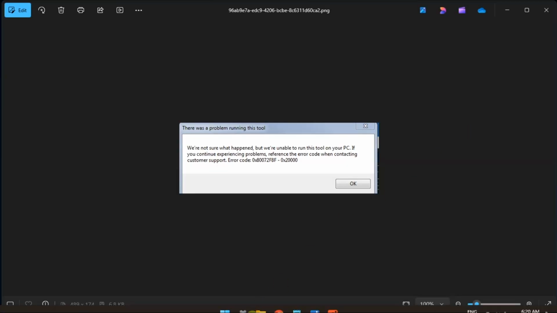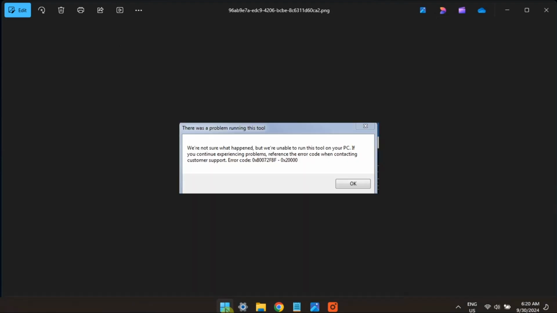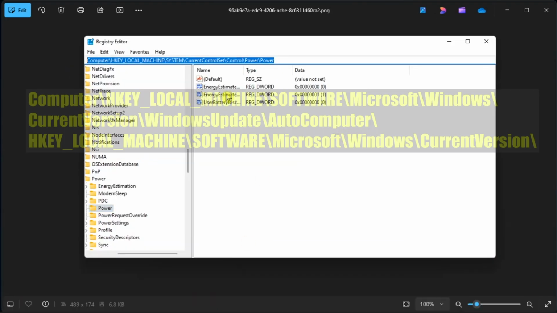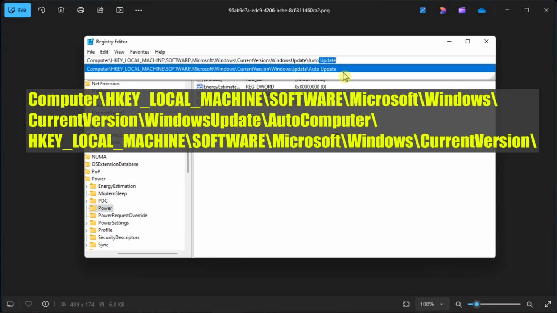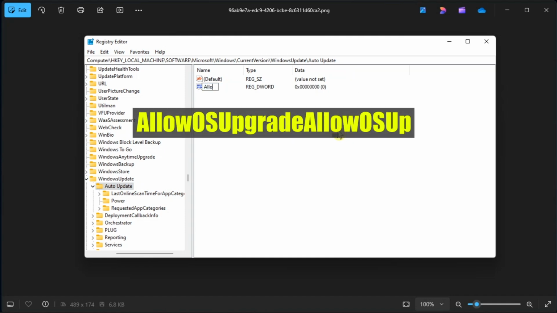Lastly, modify the Windows registry. To do it, open regedit, navigate to this location, right-click in an empty area in the right pane, then select New, choose the DWORD value, name this value as this one,